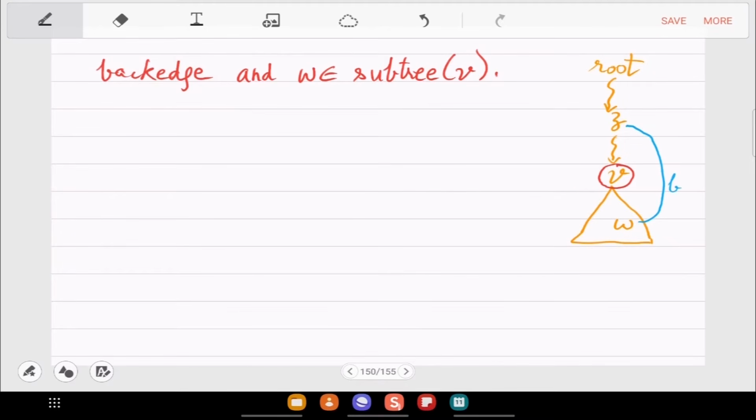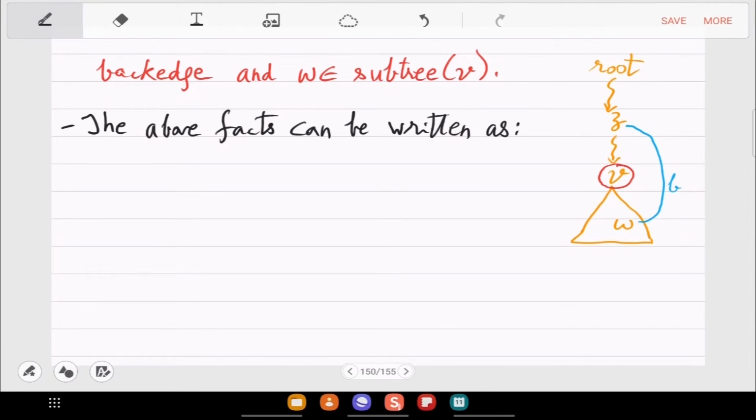Okay, so now what we are interested in is a pseudocode which, for every vertex V, stores the high point of V in an array. But before that, the above properties were done in the class before lunch. So the above facts can be rewritten as the following theorem.